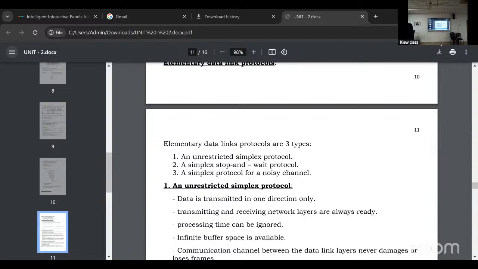For example, 2 Hz to user A, 2 Hz to B, 2 Hz to C. Hz is measured as bandwidth: 50 Hz, 30 Hz, 40 Hz. Then TDM: here they allocate time intervals, depending on the time.